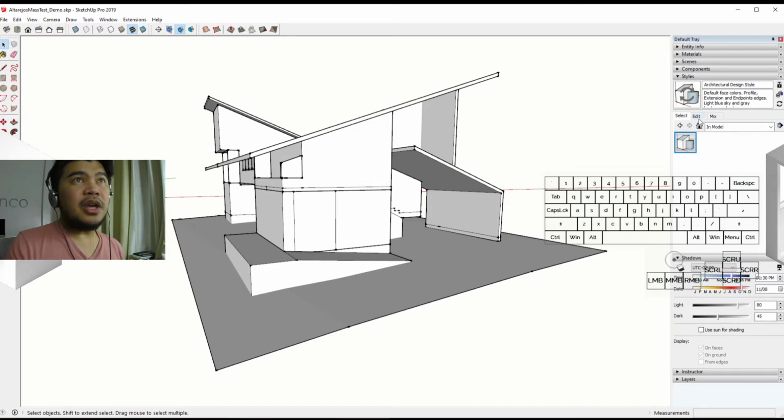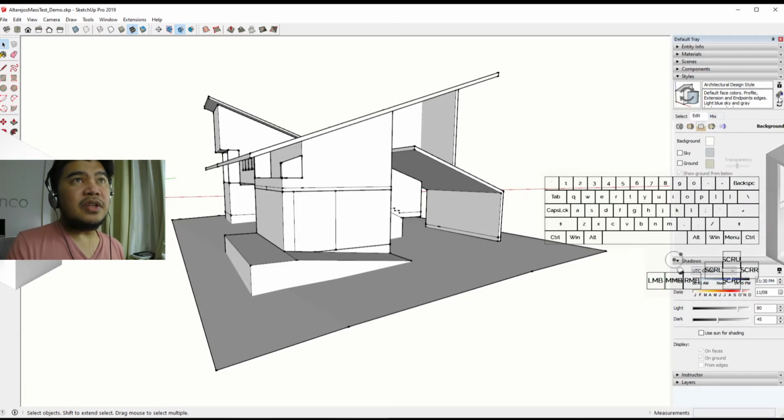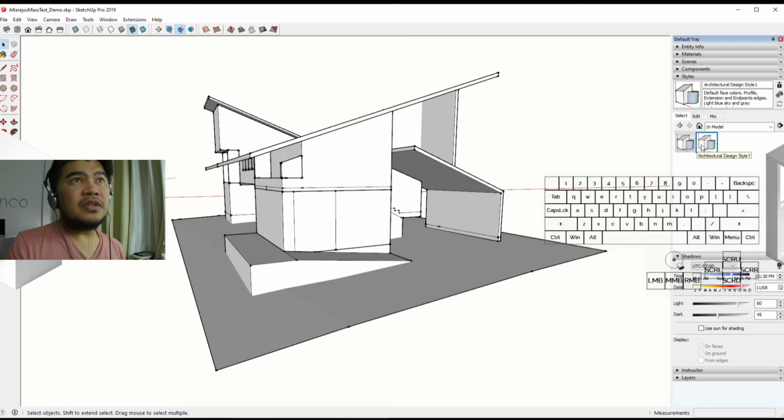So right now we have it in white, and you can see that when we updated that, there is now an architectural design style one. So this is the modified one, and we want to be using this for our layout. So let's save this and then go back to layout,